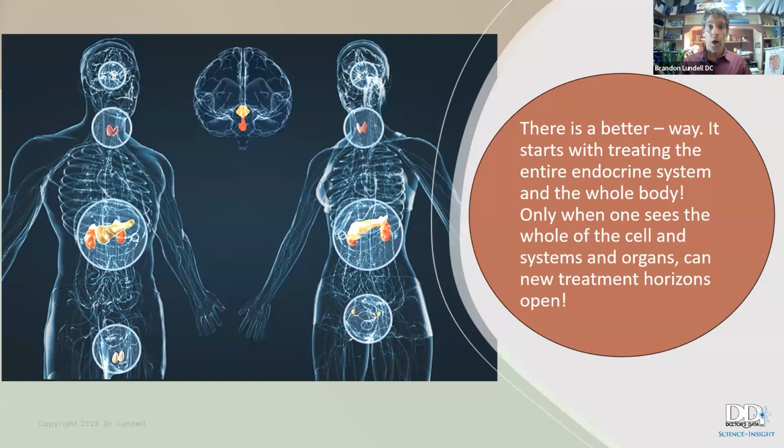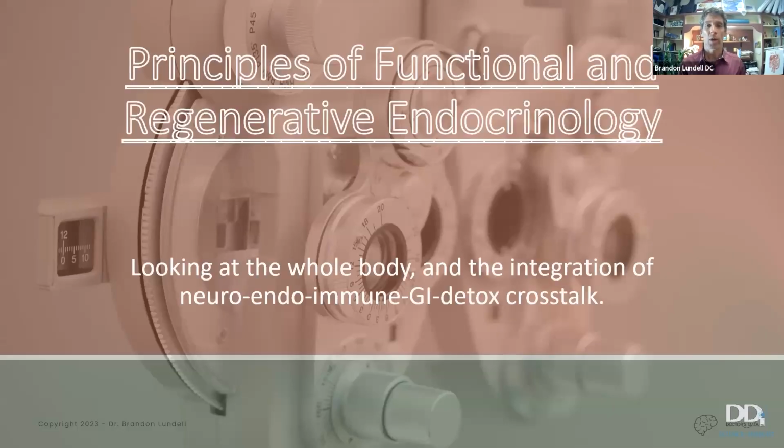Only when one sees the entirety of the cell and the systems and the organs and how they're connected can new treatment horizons actually open up. And that's what I want to provide today. So it starts with taking a journey with hormones, and not just the production of hormones, but what do hormones really do in the body? So we're looking at the integration of the neuro, endo, immune, GI, and detox crosstalk here, all of which needs